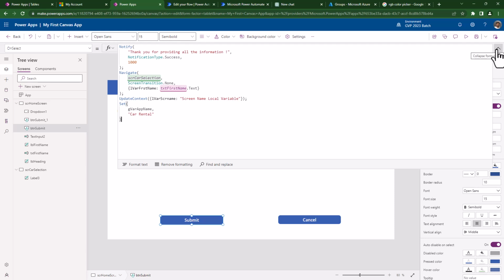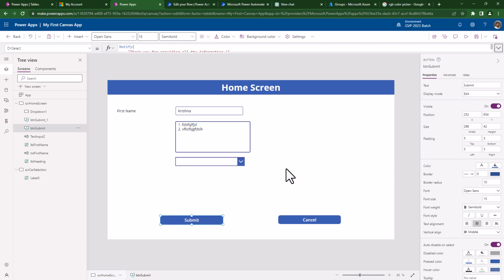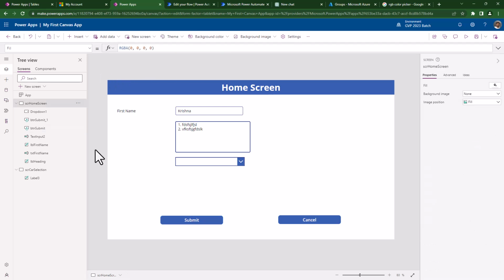Sir, this and all is fine, sir. I have a screen which has multiple local variables, multiple global variables. How could I see how many global variables are there in my app? How could I see how many local variables are in my screen? Okay. How could I do that is when you go to the search and say